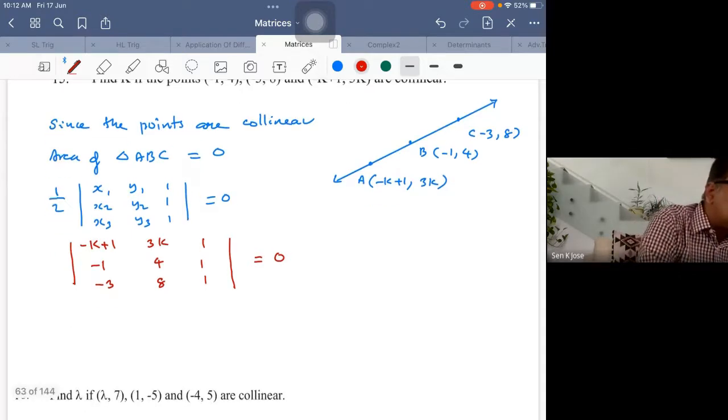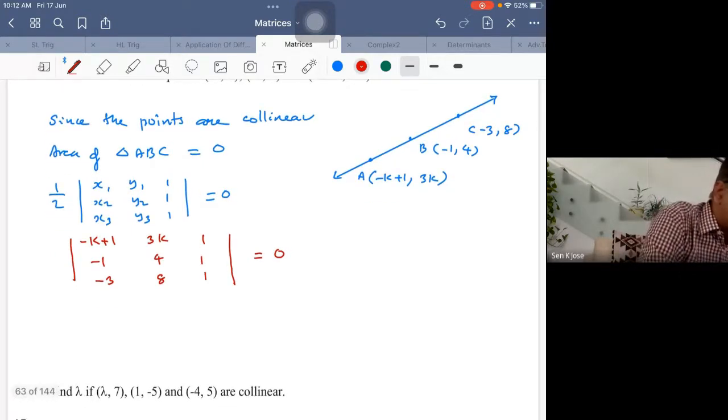Then I'm going to expand. Normal expansion. Minus k plus 1 is my first element into its minor. Minor you can either write or you can do it in your head. If you are able to do it in your head, you do it, or show the minor. The minor is